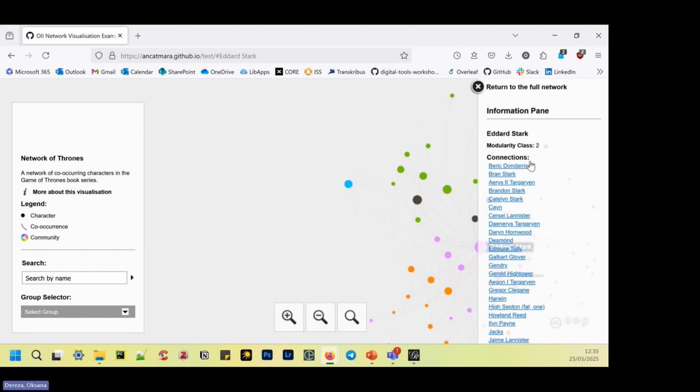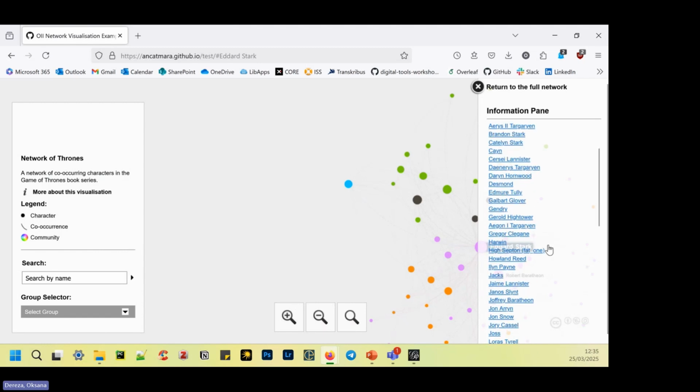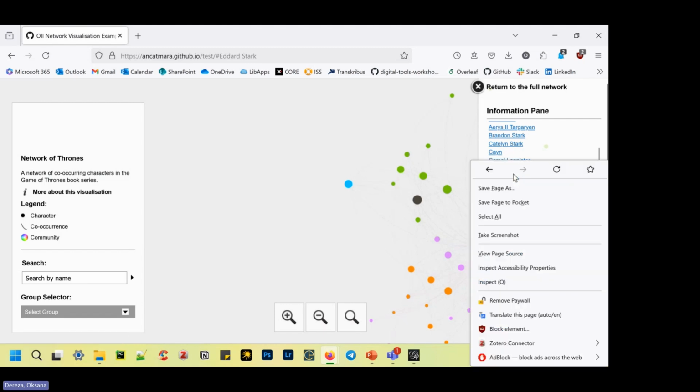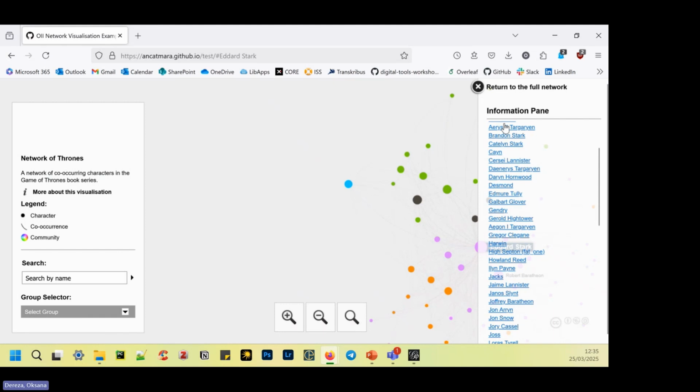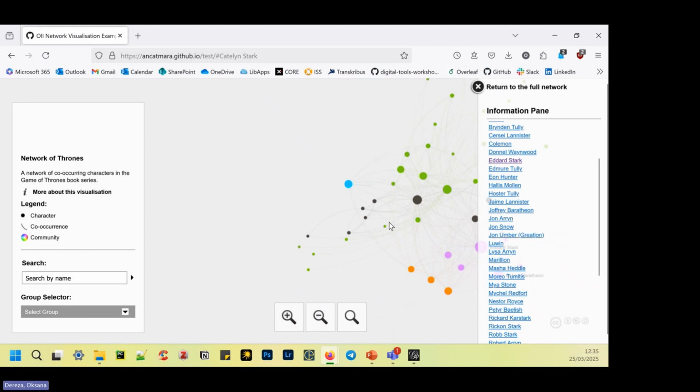If you interpret them and see, these are meaningful, these are, I don't know, characters that follow Daenerys or something like that, you can rename the modularity class and have something meaningful there instead of a number. And you have all these connections here ordered alphabetically and can click on any of them, and see their connection, so you can navigate the graph